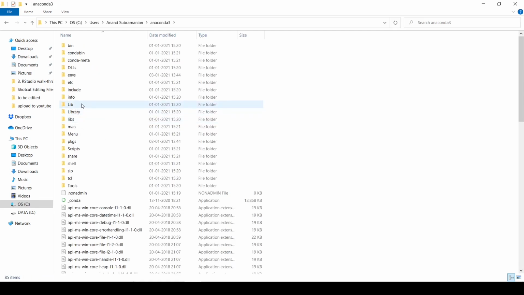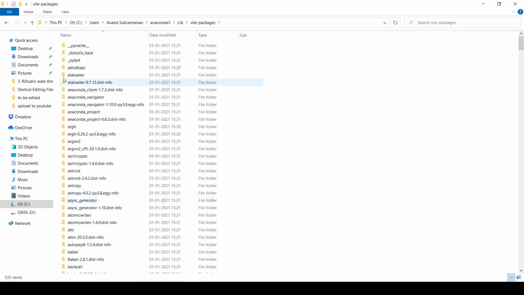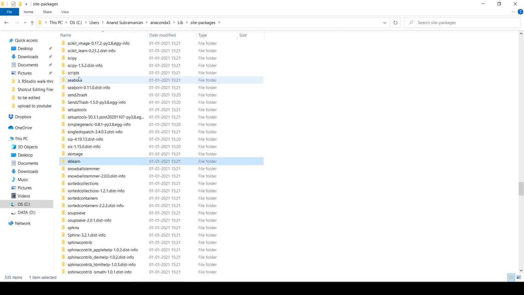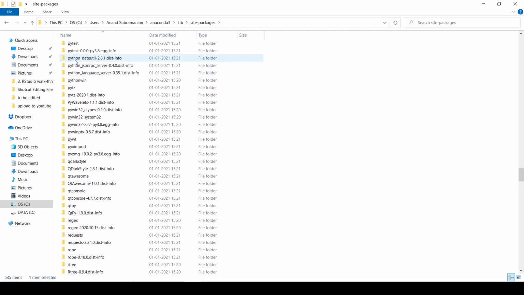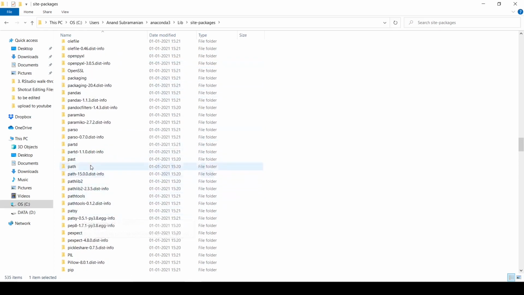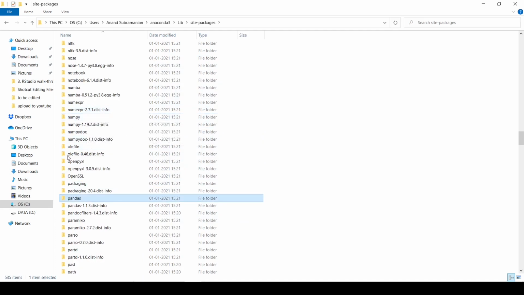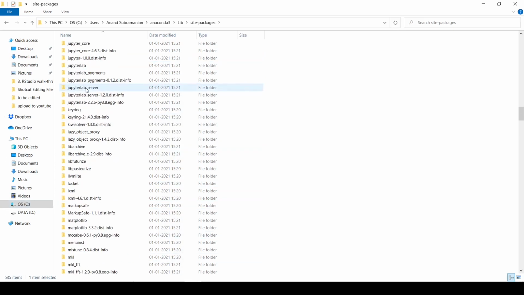Go to lib and then go to site-packages. We also have a few of them here. Inside packages, if you are already familiar with some of these, things like sklearn and SciPy, you can search for them. Let me just type, numpy is here. Let me search for pandas. Yeah, pandas is here. How about matplotlib? So all these folders are here. These are the libraries that we'll be using.